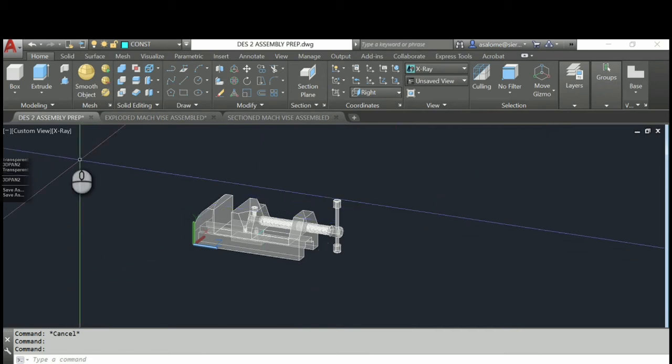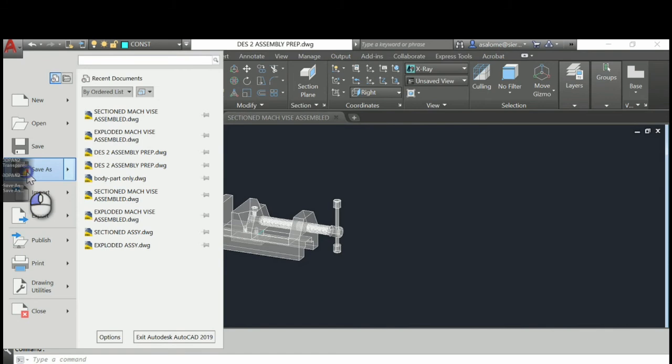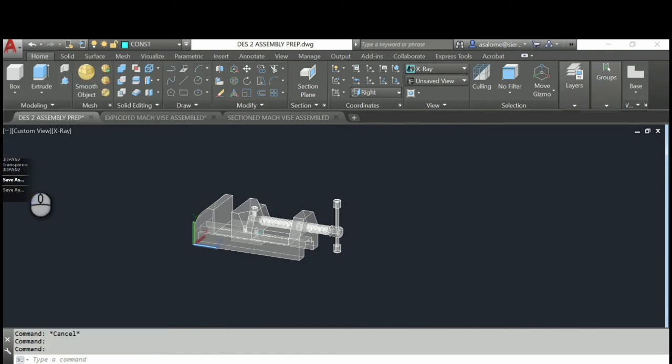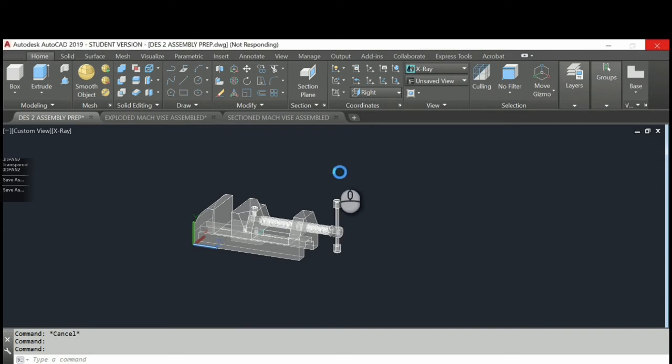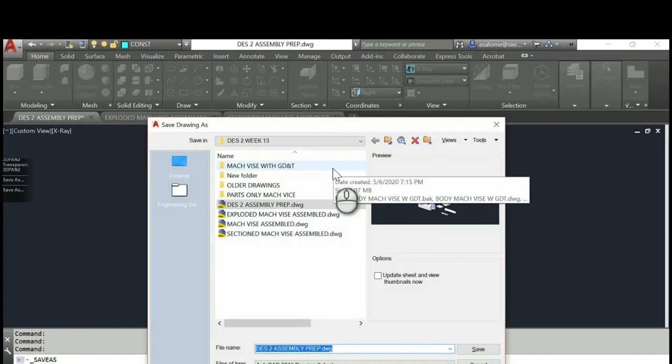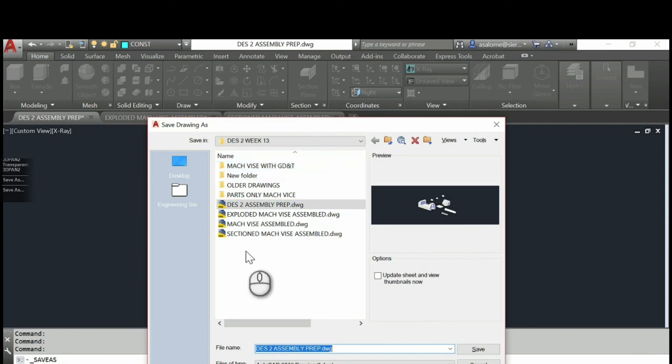We're going to go File, Save As. Still having file access issues with this computer. Patrick. So in our previous session, I was accessing my removable hard drive, which is not the best practice. So I moved all my files to the desktop, and it does not seem to have improved the situation.